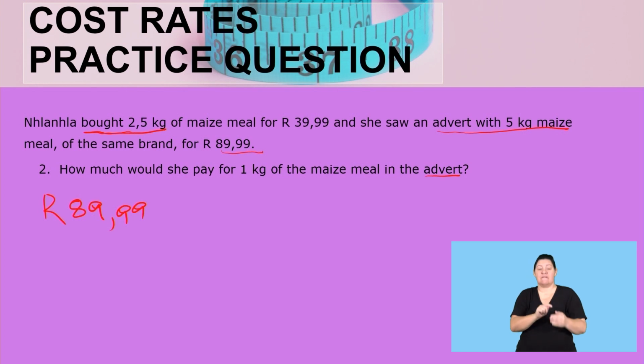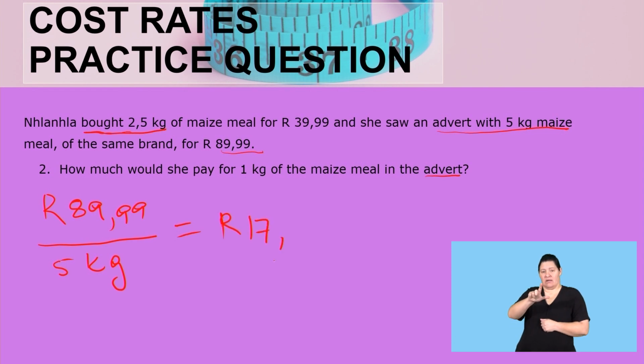And then we divide this by the 5 kg because we want to know the cost per kilogram. So now it's going to be 89.99. Let us press the calculator together. We divide it by 5 and the cost per kilogram, it's 17 rand